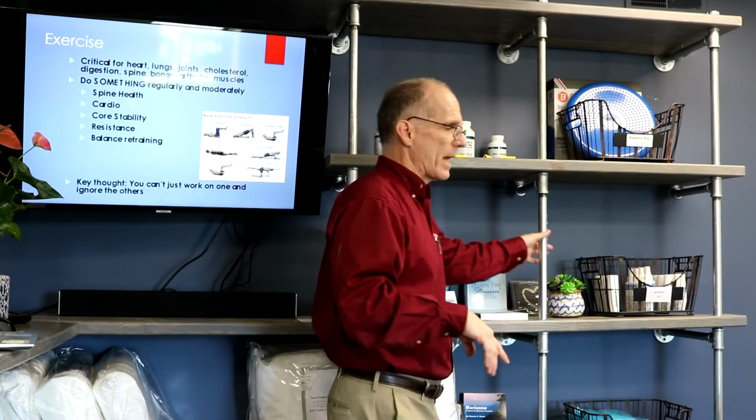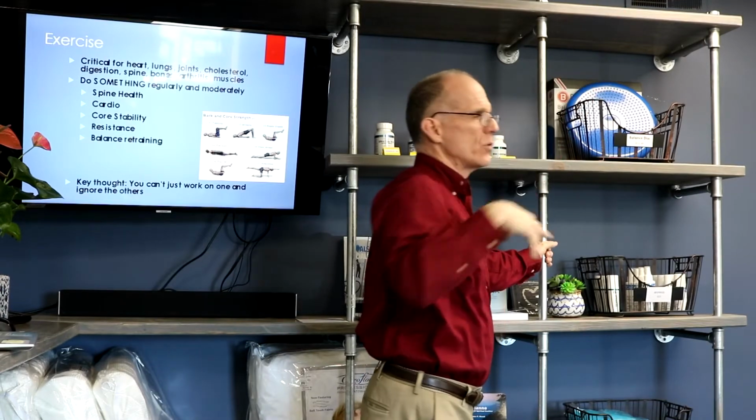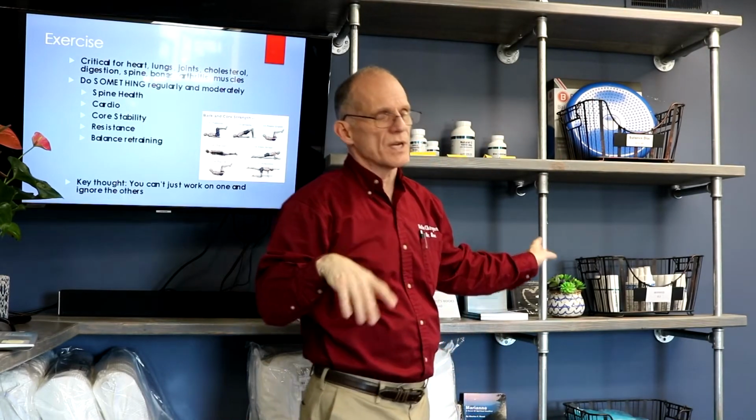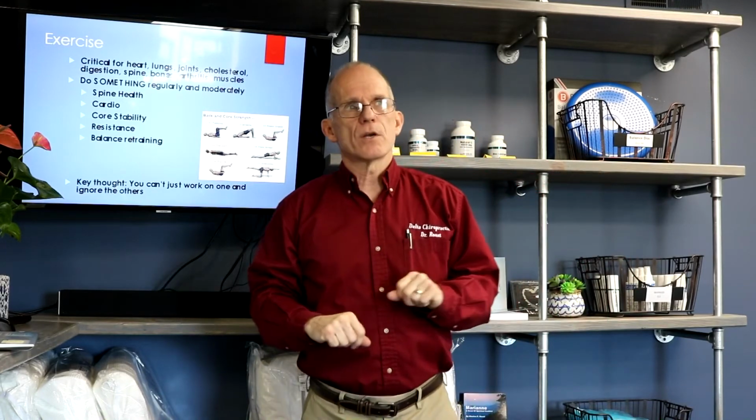If you can't get on your knees because your knees hurt, you can do this on your bed, although that's more of a balance challenge, or you can do it standing. You just need to hold on for balance and then do your bird dog standing. All right? I'd rather have you do it on your hands and knees if you can, but if your knees won't tolerate it, just do it standing up. But you still got to do both sides. All right, then there's the,